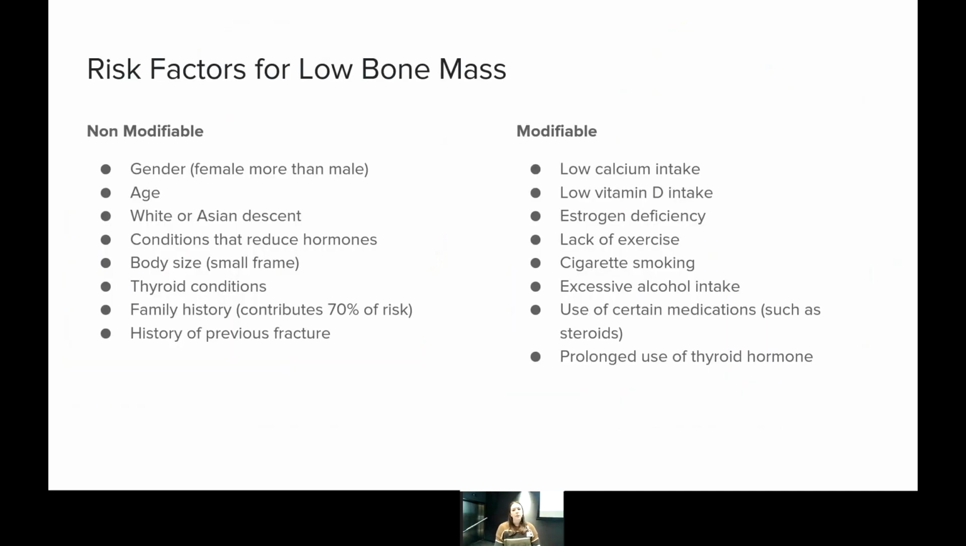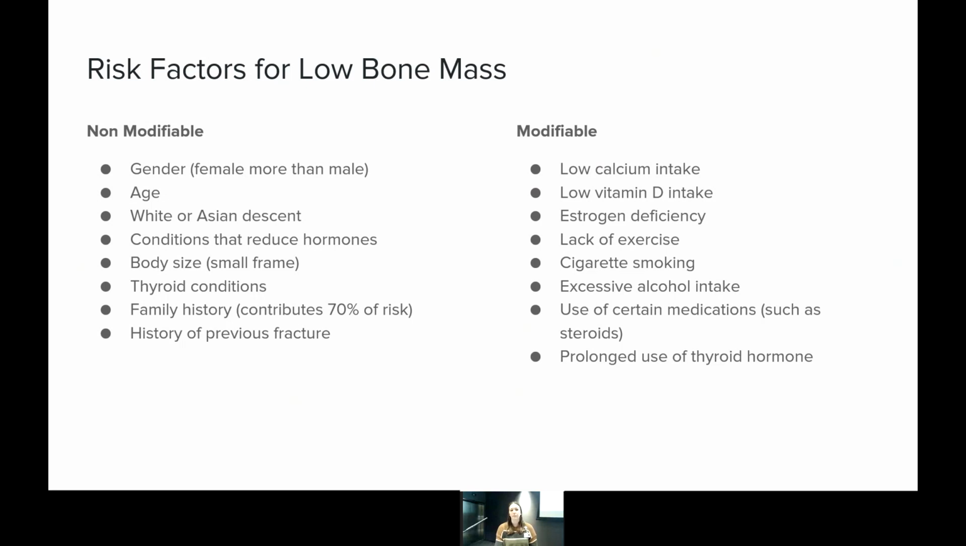Here are the risk factors for low bone mass and osteoporosis. The non-modifiable risk factors are gender. It's more common in females than males. Age, it increases as we age. White or Asian descent, somebody that has a condition that reduces the hormones in your body. Your body size, typically smaller frame individuals are at a greater risk. Thyroid conditions, a family history, that's actually one of the biggest risk factors. That contributes about 70% of your risk. And then a history of a previous fracture is another